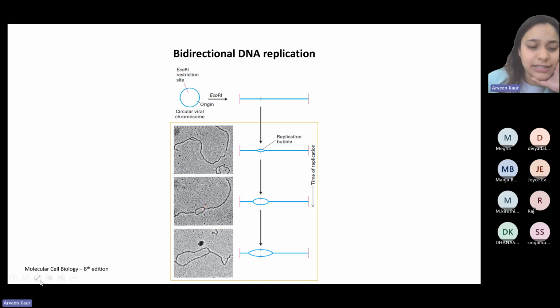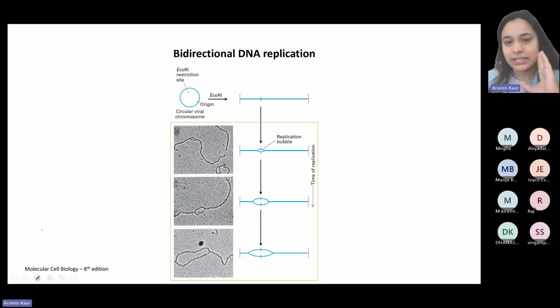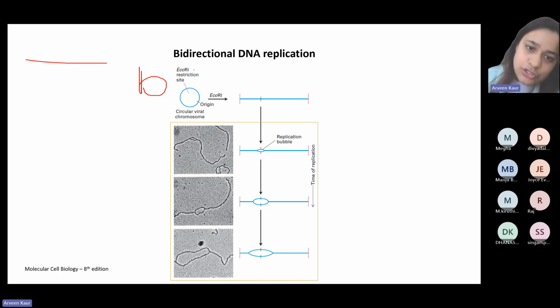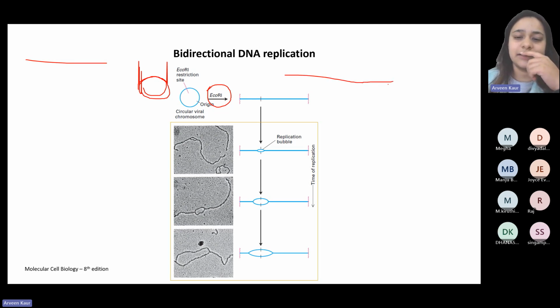Now, having said that, this virus, although it is a DNA virus, has circular DNA, right? So the DNA is not linear generally, it is a circular DNA, but it has restriction sites like most viruses, right? So on its EcoR1 restriction site, EcoR1 goes and acts. It is a restriction enzyme, it will go and act, and it will basically convert this circular DNA to linear DNA. Once it is converted to a linear DNA, its replication will proceed like any linear DNA replication would have proceeded, right? So when we talk about replication being bidirectional, what do we mean?